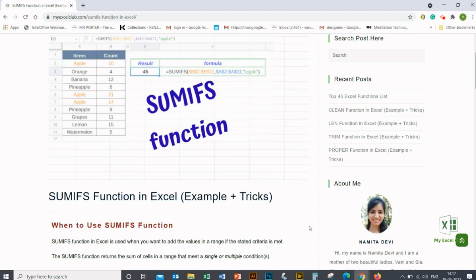It is used when you want the total sum of the values which meet a certain criteria or a certain condition.